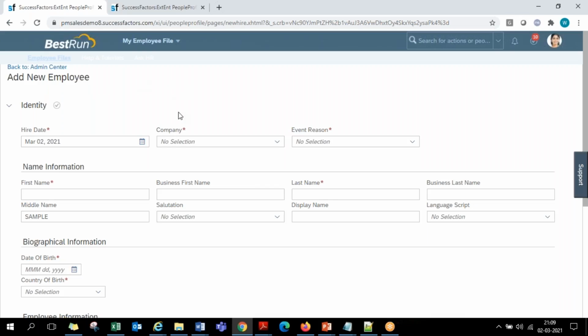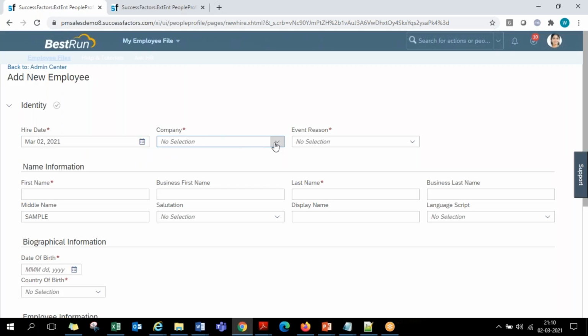This is the one that we are required to go to, where it starts with the hire date. You can hire an employee with today's date, even with previous historic dates, and even if you want to hire an employee with a future date, anything can be done. So today we are on 2nd of March. If you want to hire an employee effective 1st of February, you can still do it. Or if you want to hire with the 15th of March, future dated, even that we can definitely do.